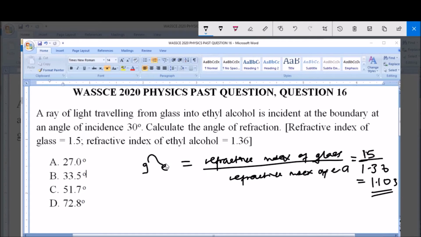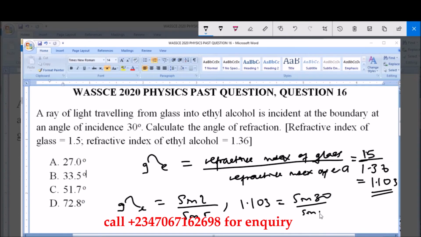Now we can see the refractive index of the light moving from glass to ethyl alcohol is equal to sine of angle of incidence all over sine of angle of refraction. Now we can see 1.103 is equal to sine 30 all over sine r. Remember, I have to find r. Now from here we can see